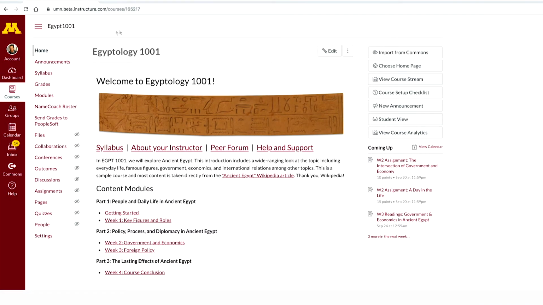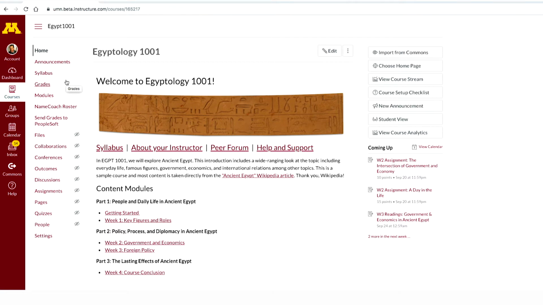This video will provide you with a clear understanding of the Canvas navigation course menu and how you can modify and optimize it for student success. The course navigation menu is a series of links on the left side of your course that will help you and your students access course content in the course site. You can choose to hide and reorder these navigation links depending upon the structure of your course.